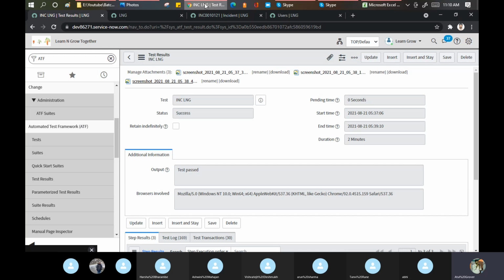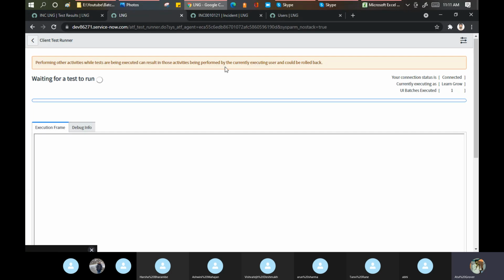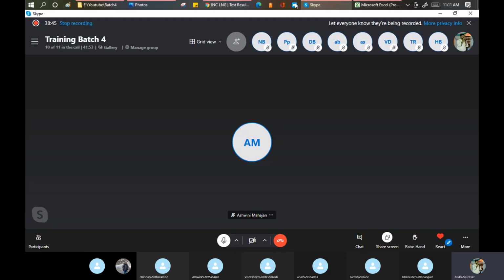Now let's take an example. Okay, before that, does anyone have any doubt or question till this point? All are happy faces here. See, this is rolling back now. It will take time, it will roll back automatically. Okay, I come here. Any doubt, any question? Nikhil, Prashant, Dhanashri. Yes, Tanvi.